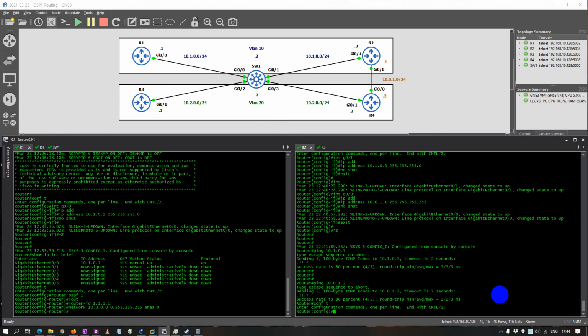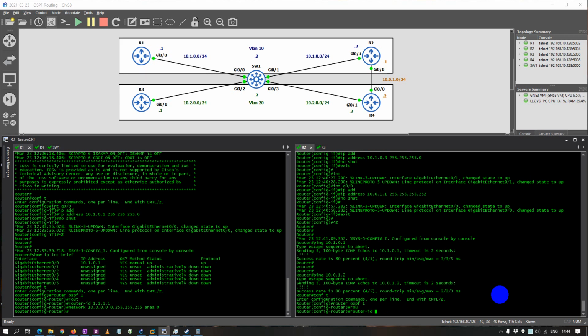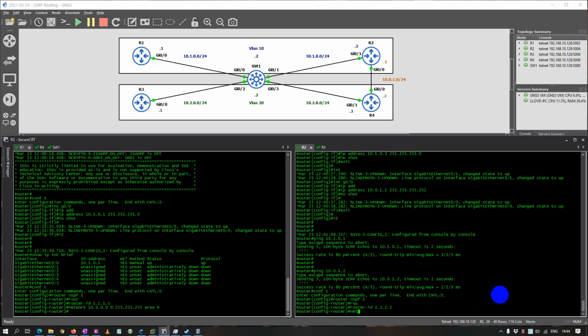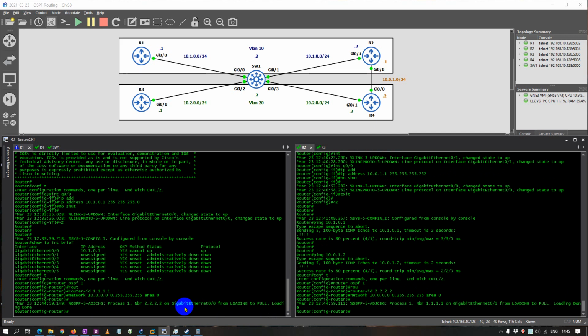configure terminal, router OSPF, instance 1, router ID on router 2, network 10.0.0.0 0.255.255.255, area 0. Now you will see adjacency coming up because these two routers learned of each other next to each other. Okay, then going to router 4,